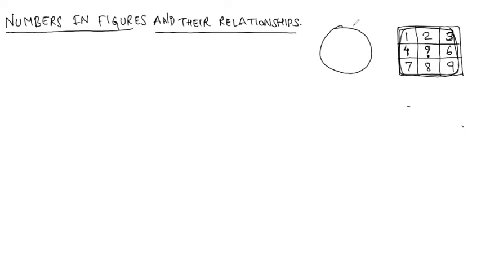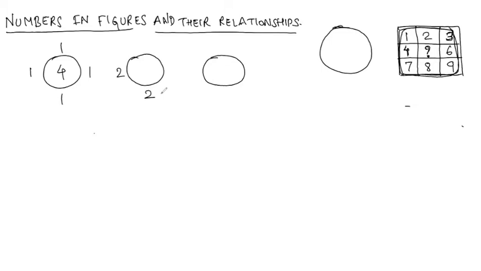Okay, so even for the circle, it is the same thing. For circles, suppose in the question you will have 3 circles like this, and 4 numbers will be given. Suppose 1, 1, 1, 1, 4; 2, 2, 2, 2, 8; 3, 3, 3, 3, question mark. So in the question mark place 12 comes. Why? How did we get 12?